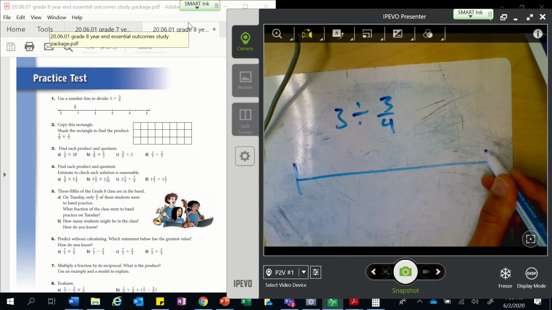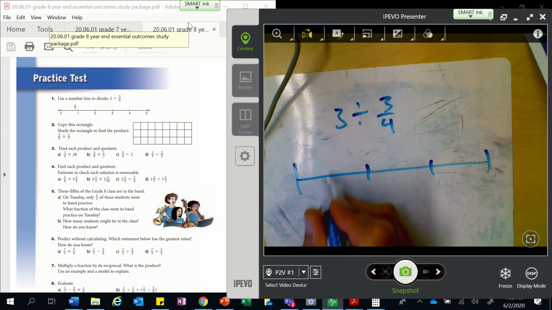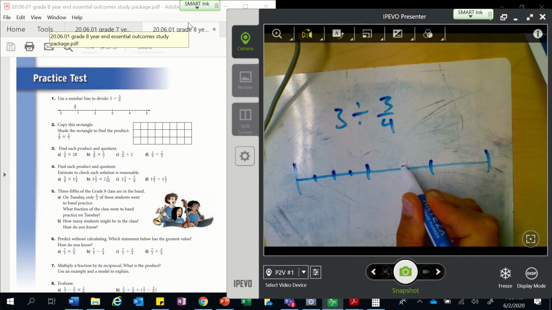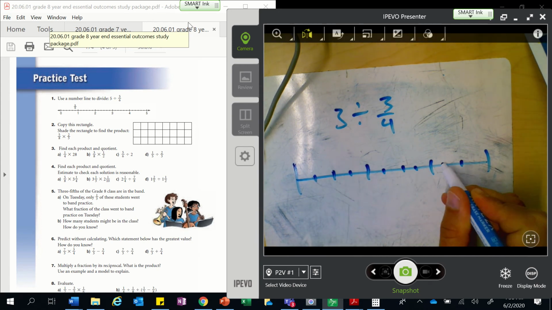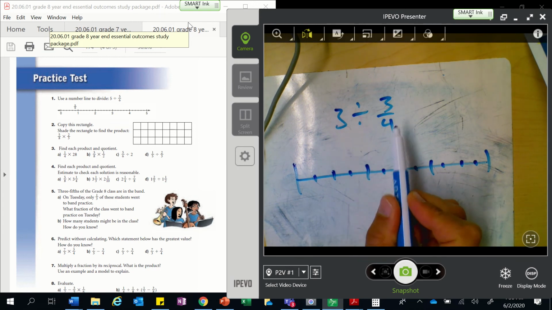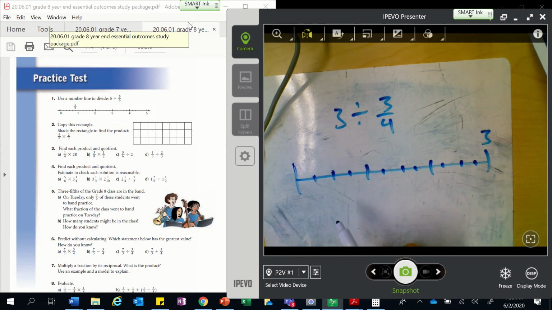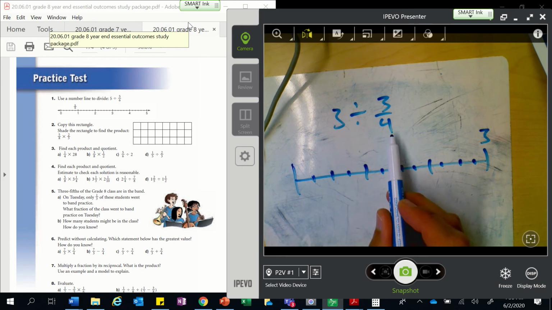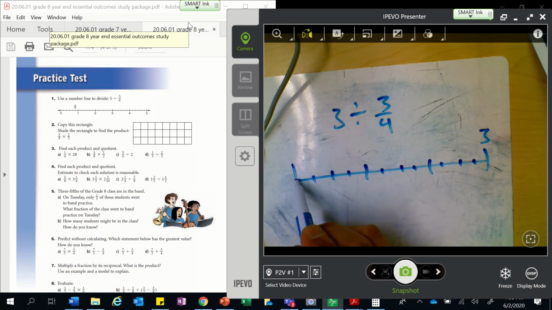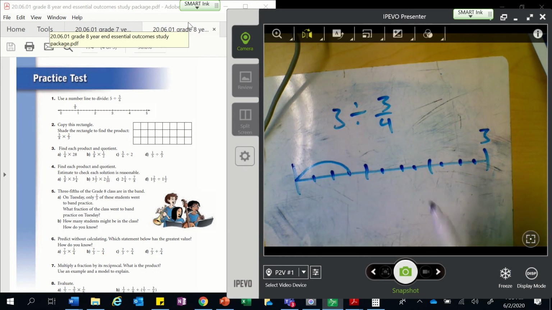So I've got my number line. I've got 1, 2, 3, and I need quarters. So there's my benchmark quarters. 3 divided into 3/4. So I have this, but I need to cut it into 3/4. Now, that doesn't mean 3 pieces. I need to cut 3/4 slices. 1 slice of 3/4, 2 slices of 3/4,